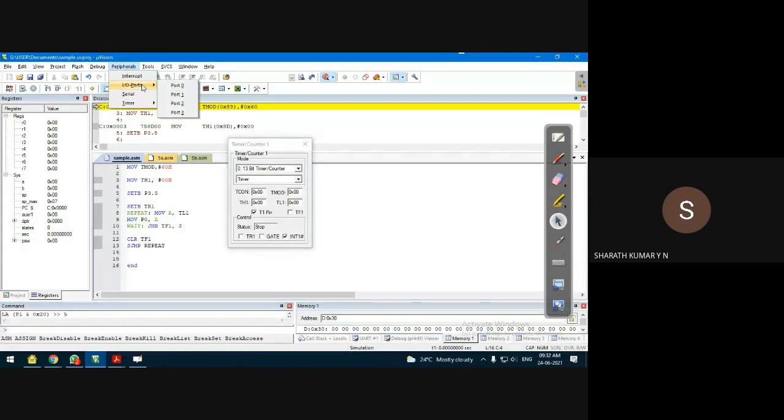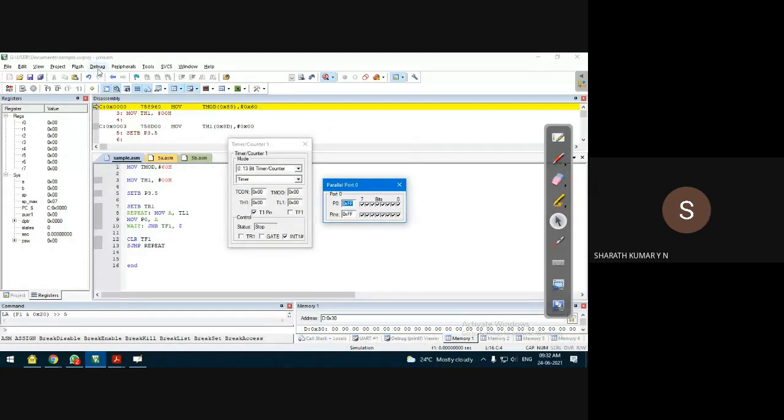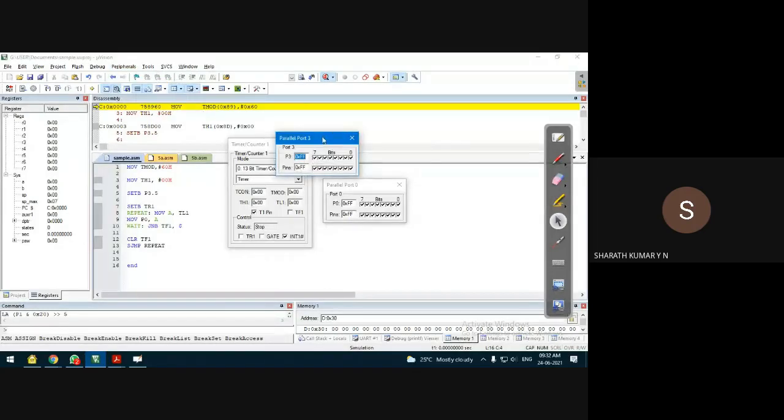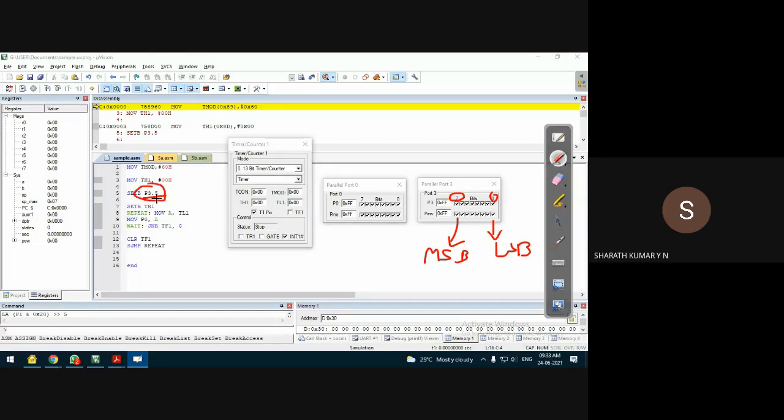Also I/O ports, port 0. Okay, this is important. Port 0 as well as port 3, because port 3 consists of T1, that is timer 1 input. So in this case, if you see port 3, this is the LSB. If you can see the numbers, this is 0, this is 7. That means this end is LSB. This is the usual convention, of course, as you guys know. This is MSB. Okay, so it is P3.5. That is P3.5 means 6th pin of port 3.